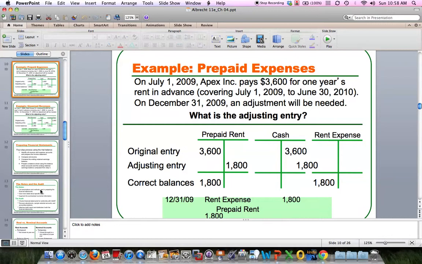Here's an example called prepaid expenses, and I should just tell you also that they walk you through a couple different examples of unrecorded liabilities, page 131 and 132, well worth your time to look at. Okay, and then let's look at prepaid expenses. Another example here,